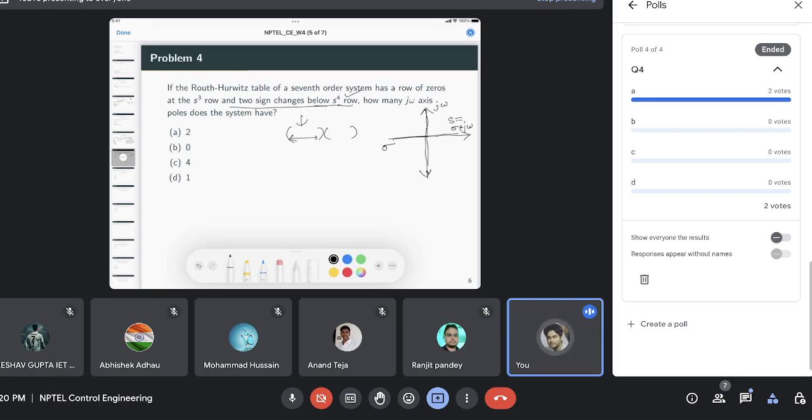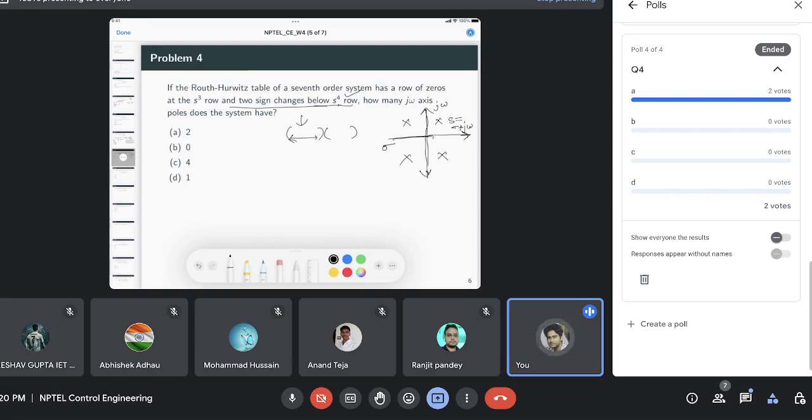Okay, so we don't know whether these right half poles are like this, or they can also happen like this, or so on. So that means for each pole in this auxiliary polynomial, they are symmetrically located around this imaginary axis. That means if there are two poles, then there should be another two poles like this also for this auxiliary polynomial, right? And you know that